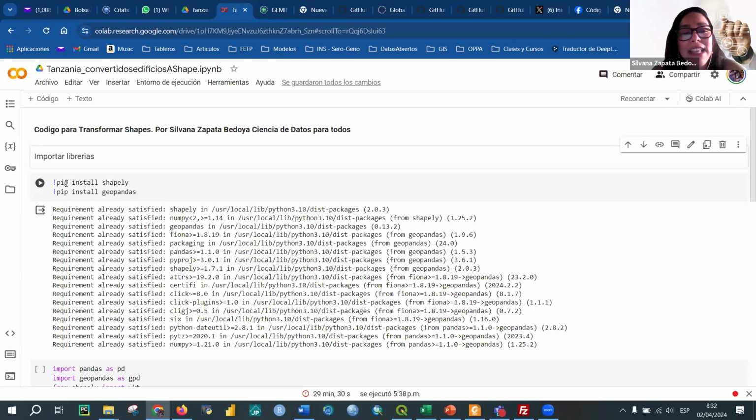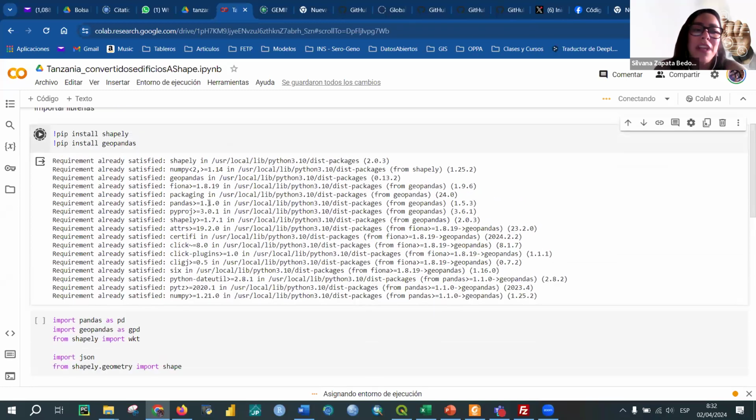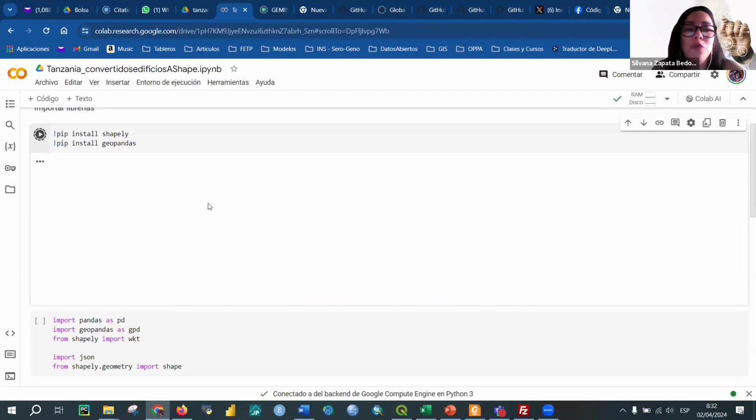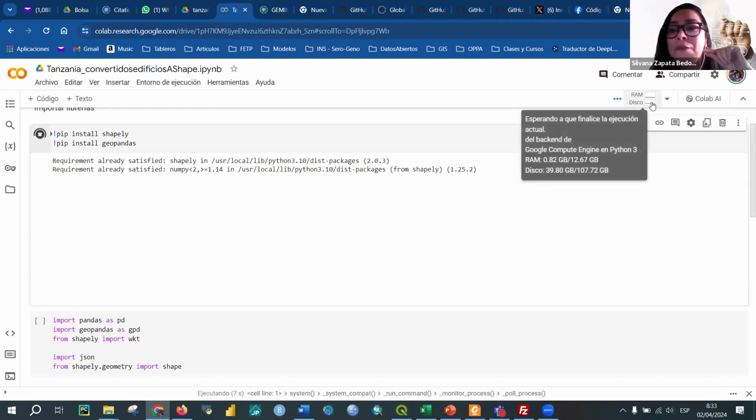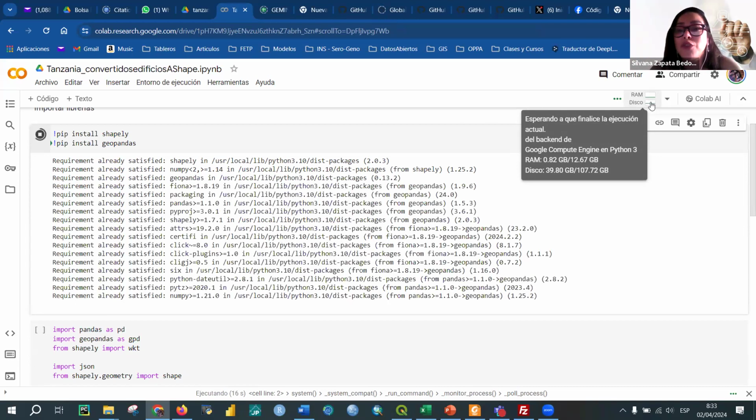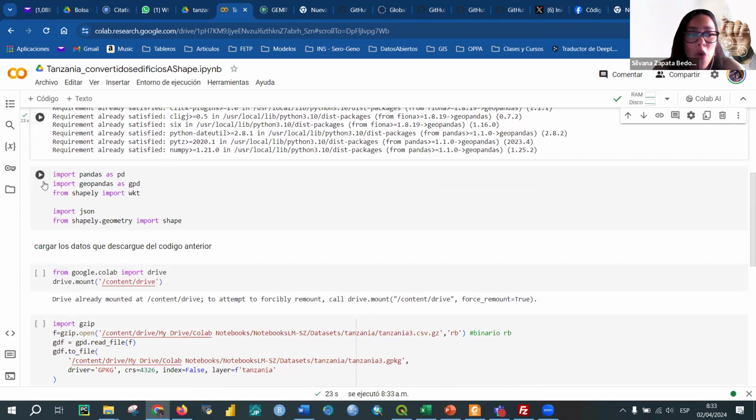The first step in Python is the libraries. It is very important to import libraries. The other class, and use on the Colab notebook, it's very easy, the Colab notebook. And it is good because it gives you the RAM and disks. You don't need so many machines in your computer for all the processing of the data. Google Colab gives you the RAM, and then import the